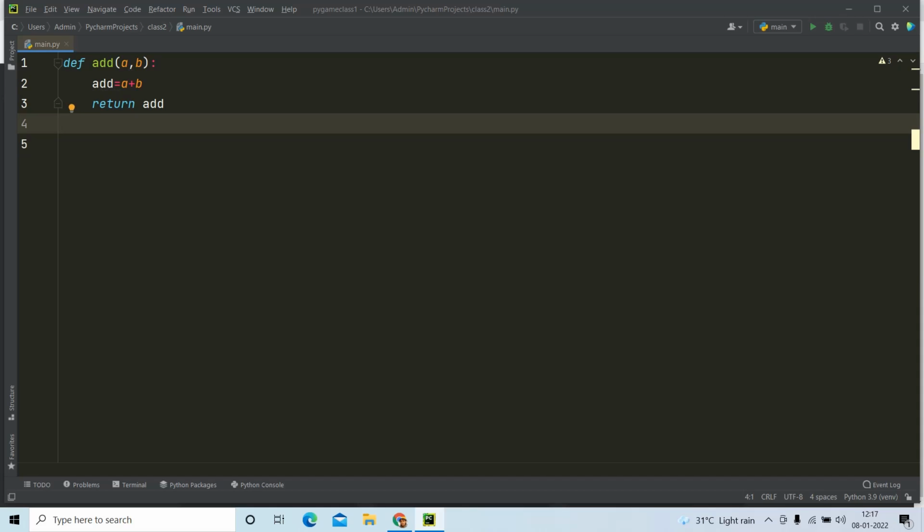Only if you call a function will it be executed. Now if I want to add two numbers, first I need to get two numbers.